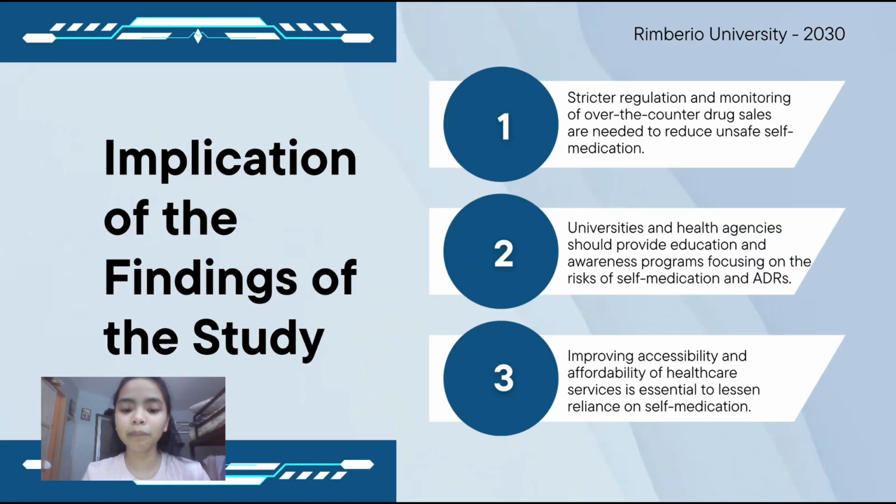So lastly, what are the implications of the findings of the study? First, stricter regulation and monitoring of over-the-counter or OTC drugs are needed to reduce unsafe self-medication. Next, the universities and the health agencies should provide education and awareness programs focusing on the risks of self-medication and the ADRs. And the third one, improving accessibility and affordability of healthcare services is essential to lessen the reliance